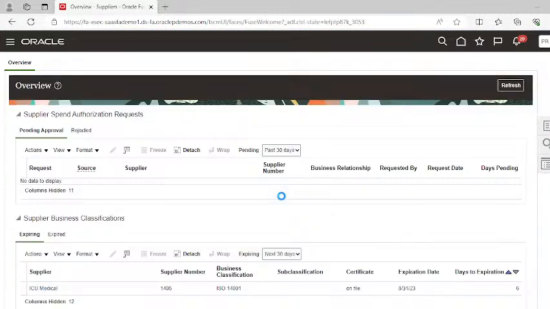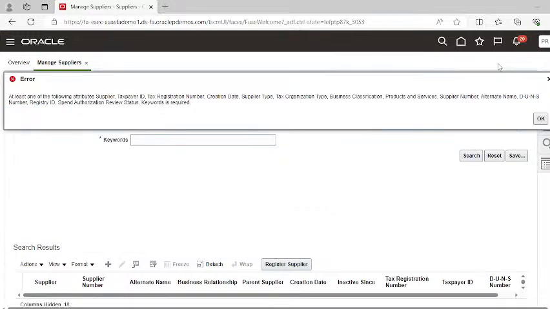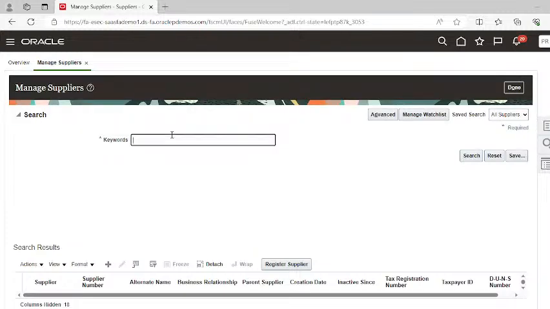Supplier, and then go to manage suppliers. Search for the supplier which is our unregistered supplier. Say this